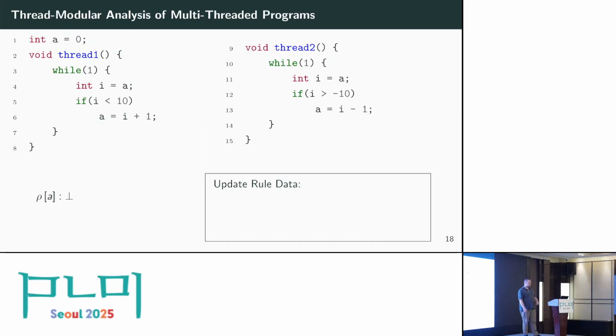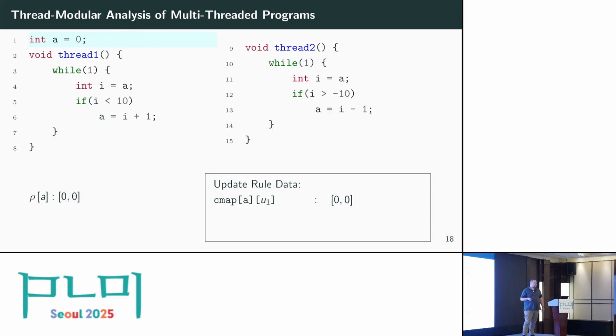So this is our example from earlier. On the right we have rho, and on the left we have the internal state of this update rule. So recall, we start the analysis somewhere here, and then our solver will call this update global with the origin U1 and this contribution of the interval 0, 0 to A. So we record this in our map, as we have not seen this contribution yet. And then to get the new value for A, we join together all of the things that we have in this map. So we produce an update with the value of 0, 0,